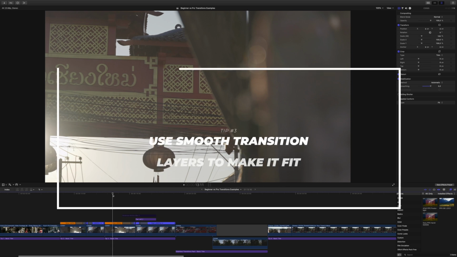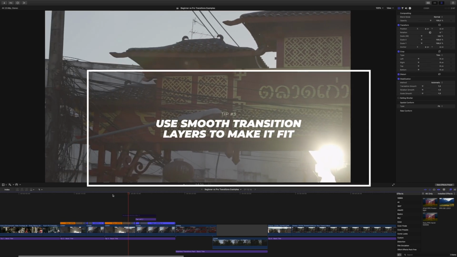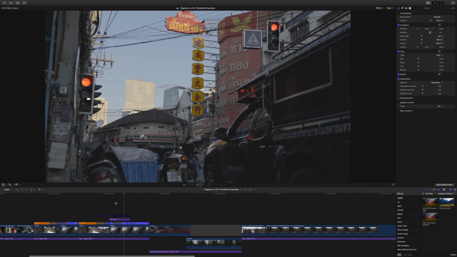Like 80% of the time that works. Otherwise you would have to use tip 3, which we will talk about now. As you can see in tip 3 here, I have exactly the same transition again, but now it looks a